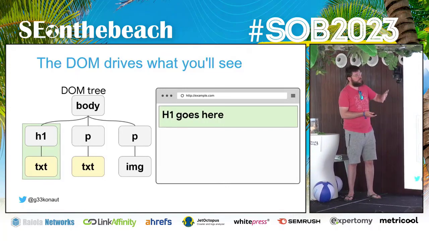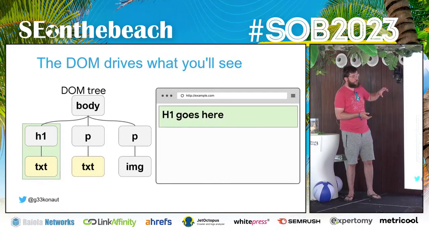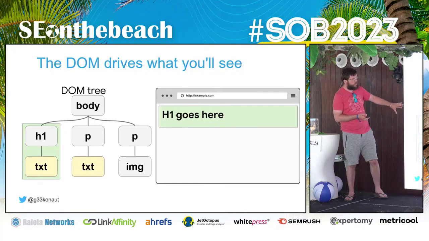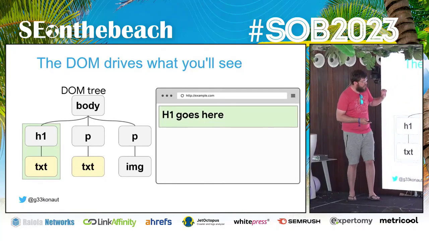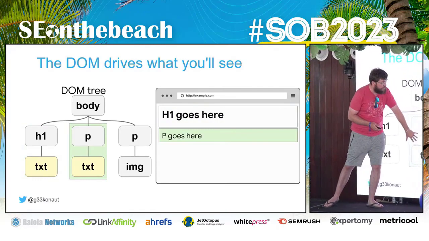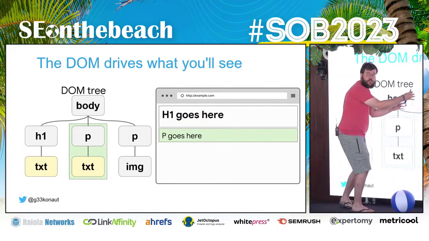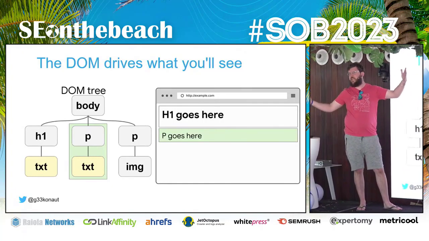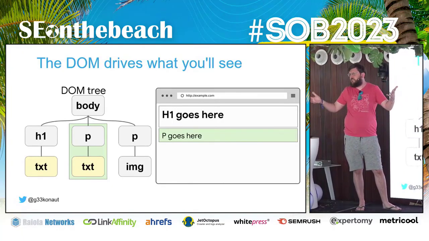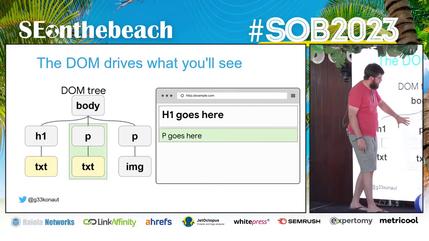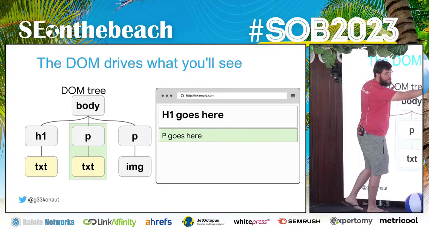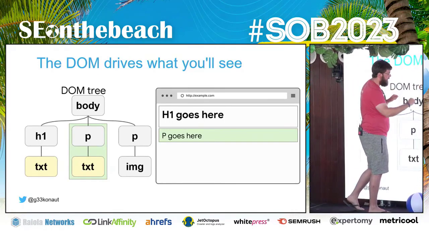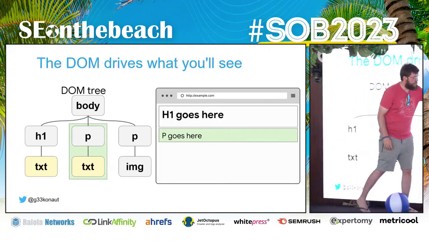But in this case, we are assuming that there is no CSS. So the standard browser CSS goes, okay, we put that there, and then we have a paragraph and some text, so we're gonna fit that in here. And this is nice, this is useful, because beforehand we had a bunch of text, we had the HTML. You can't really do much with that, but here we know that this one spans an entire vertical part of the page, and this one needs to put some text in here.